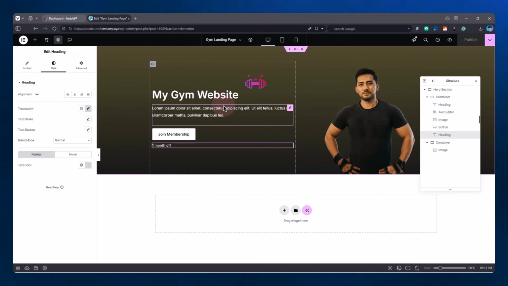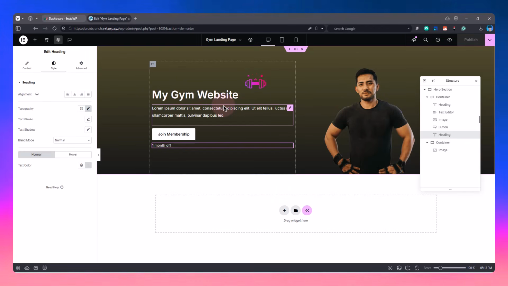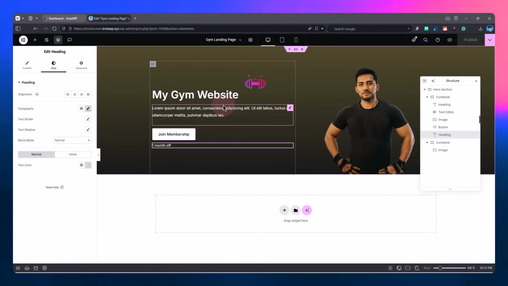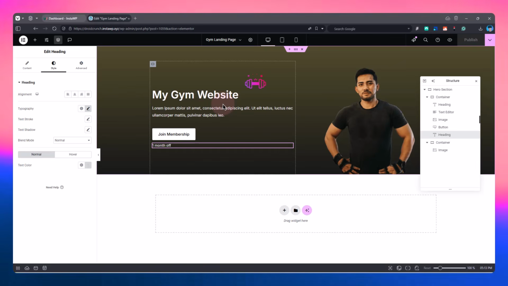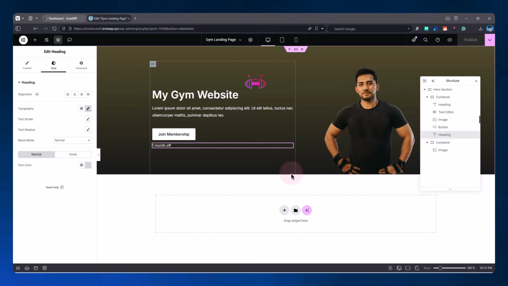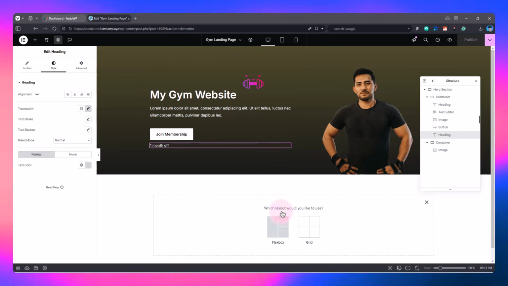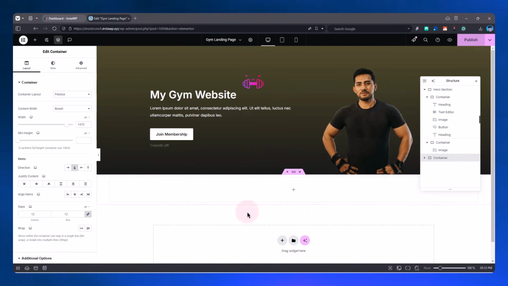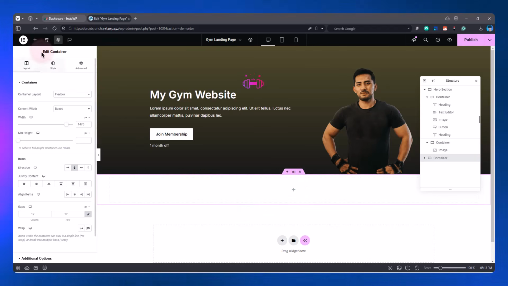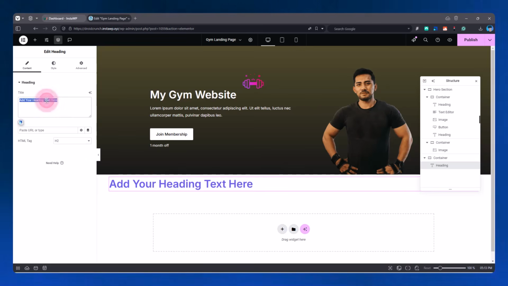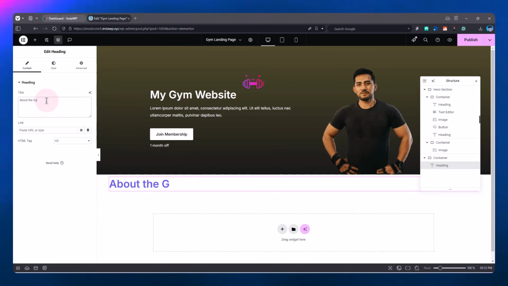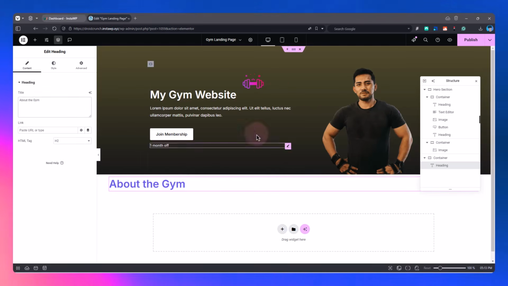Not much, there might be some glitches or there might be some room for improvements, but I will not talk about that, or I will be neglecting those things because we have to do a lot of other stuff, like making a few important sections like about the gym, okay,